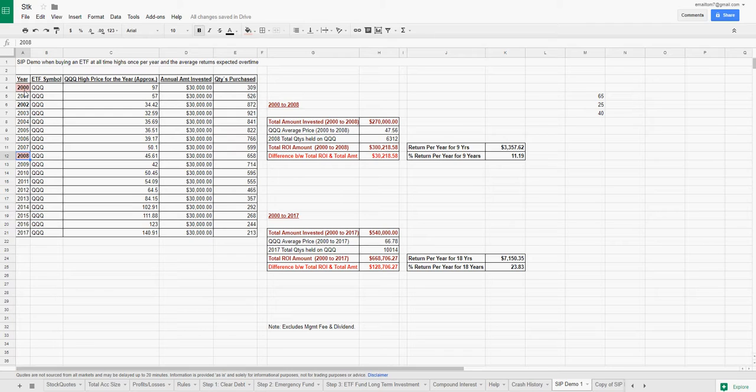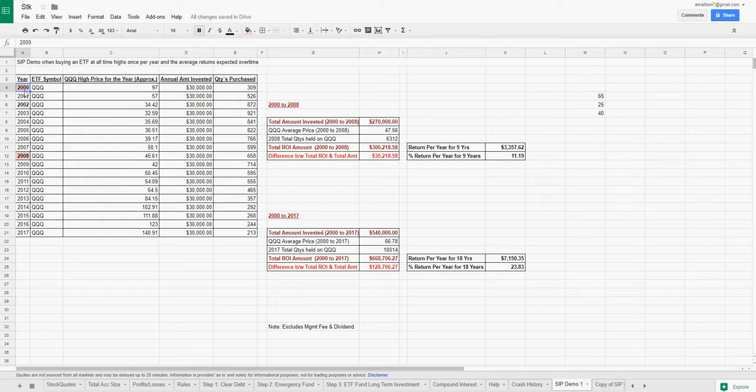There is no other alternate vehicle for an investment other than through stocks or equities, or maybe real estate, which is nothing but REITs for us. We can do that, or you can go invest in gold and see how you got your returns. That will be a separate video altogether. But I just wanted to talk to you about this ETF.